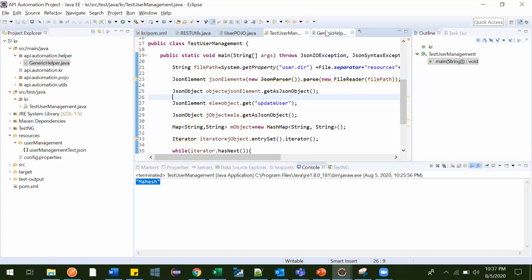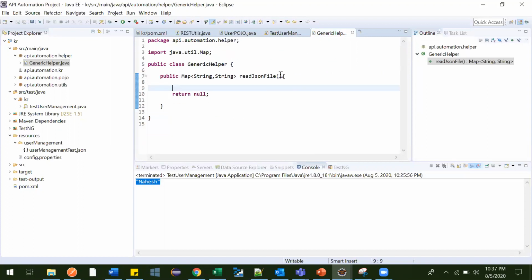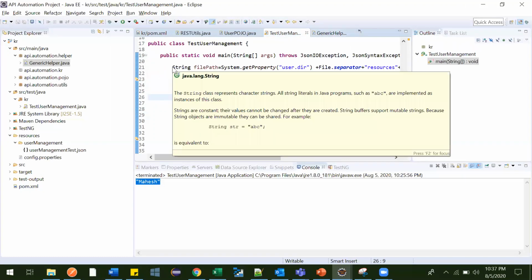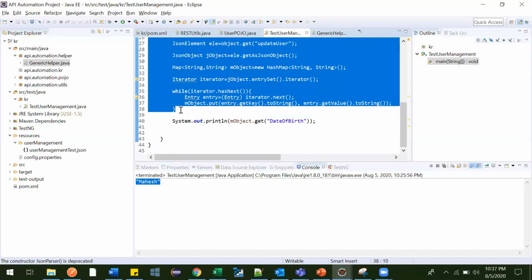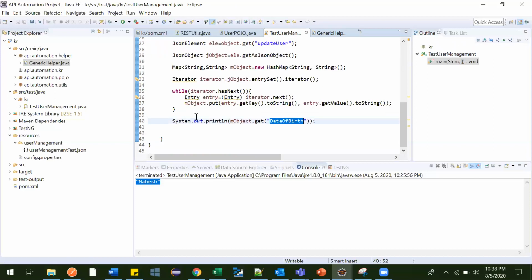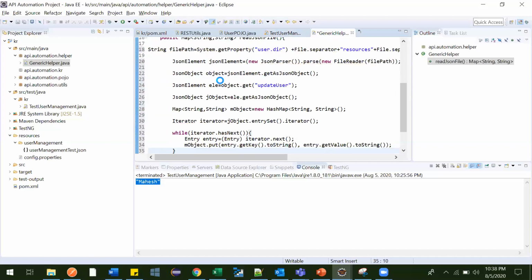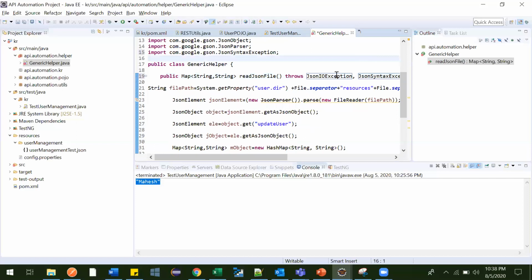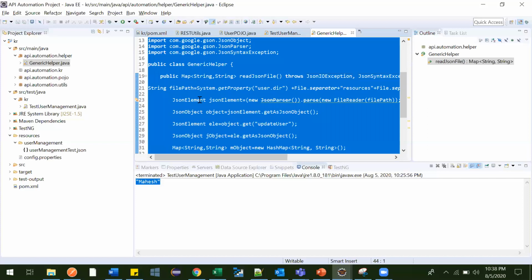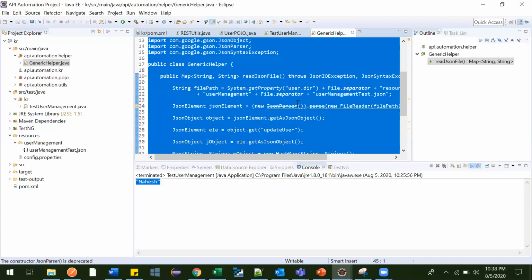See, this is very important, to make it generic and generalized so that everybody can use it. This is the important part of a framework; this is the way we should design our framework. That's what I am telling. Now let me copy all these things. This we don't need. Let me paste it over here. Now new file reader will throw an exception, so let me throw the exception. Perfectly fine, now we don't have any error. Let me format it, Ctrl S, Shift Ctrl F. Now it is in proper format.